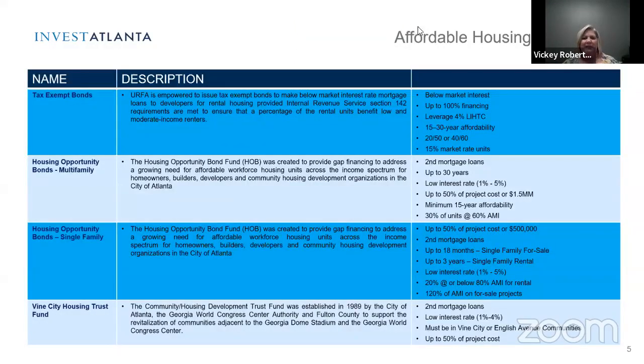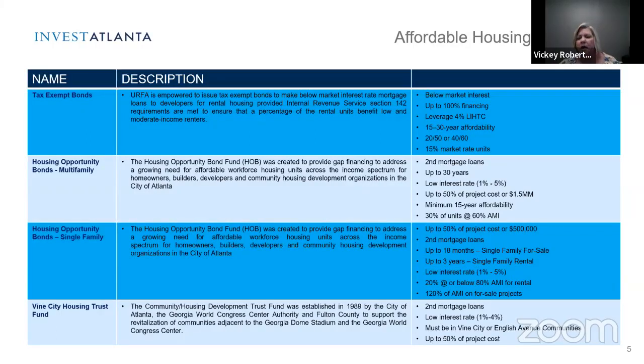Next slide, yes. And this you may not be able to see. Hopefully you can see this. I know that this PowerPoint presentation will be available to you after this presentation today. So some of our affordable housing incentives, which have been our bread and butter,